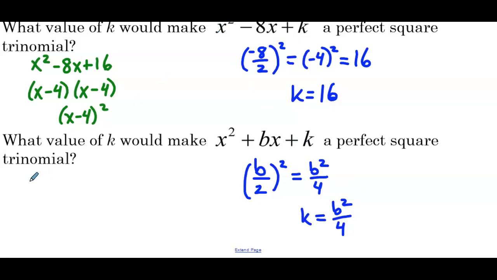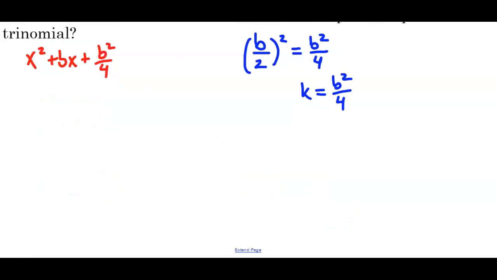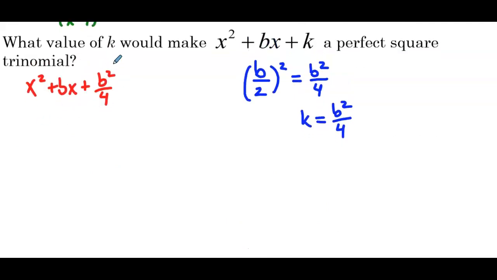Now factoring here is going to be a little trickier. We have x squared plus bx plus b squared over 4. So we need a factor pair of b squared over 4 that adds to b. So b over 2 comes to mind because b over 2 times b over 2 would be b squared over 4. And b over 2 plus b over 2, it's like adding 1/2 to 1/2, we would get 1. So b over 2 plus b over 2, we would get b. So our factors are x plus b over 2 times x plus b over 2,